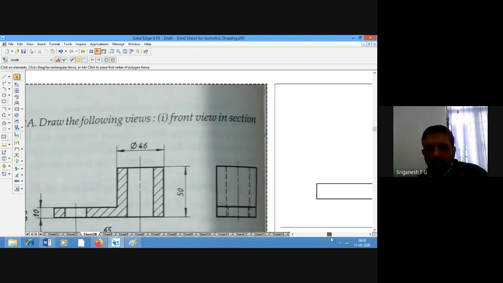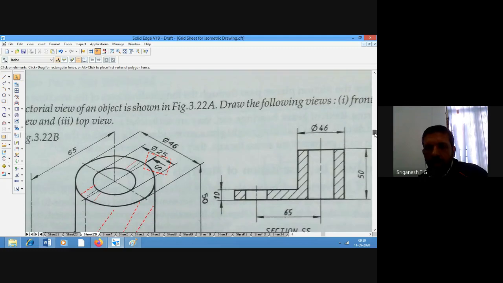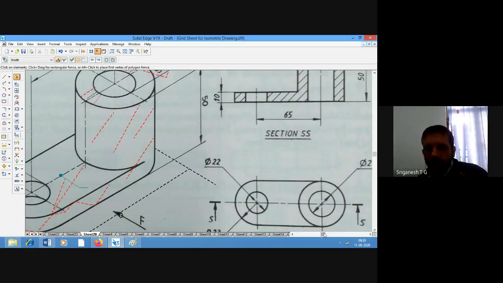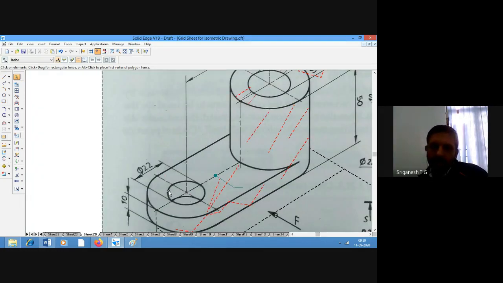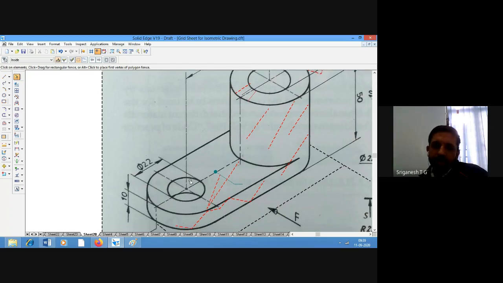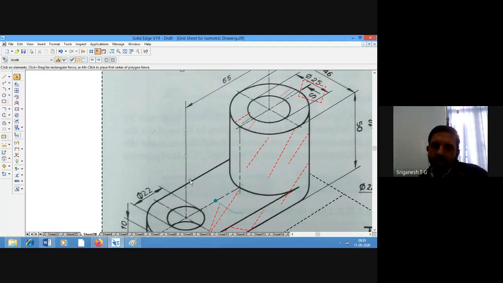And next, what do we have? We have a circular hole placed over here, a concentric circular hole. So what is this distance actually?